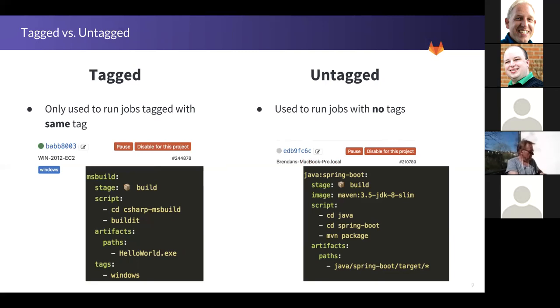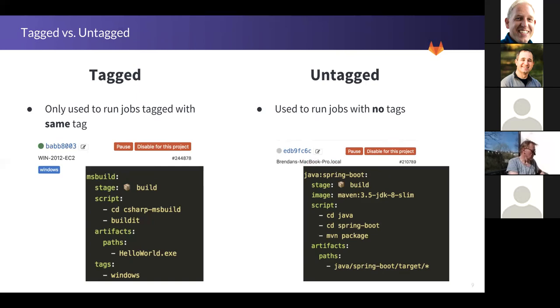Question? Real quick, I think you mentioned it. Do the tags have to match exactly? So let's say the one up top, the runner you made said Windows and Java, had two tags on it, right? Do both those tags have to appear in the job itself, or does it just know that if it's at least Windows, it goes to that? Yeah, the inverse is true, right?